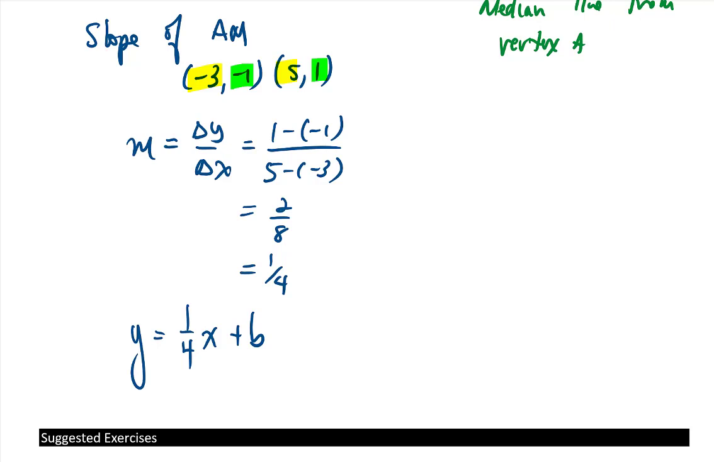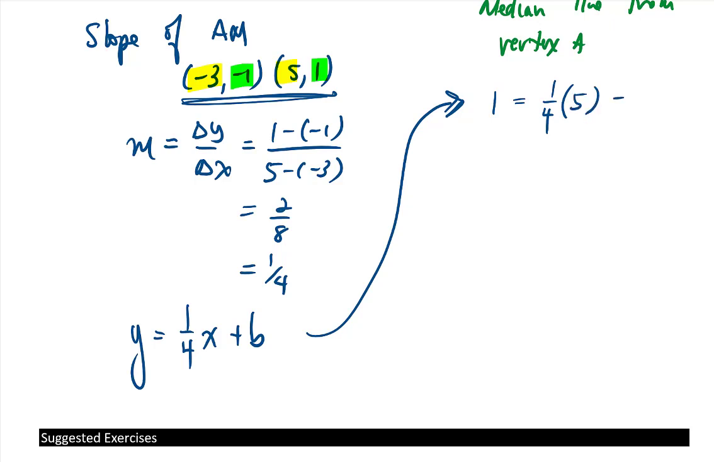Now we need to find the y-intercept, and in order to find the y-intercept, we need a point on that line. Lucky for us, we have 2 points. We have (-3, -1), and (5, 1). So we're going to use one of these points. I'm going to use (5, 1). So I put 1 in for y equals 1/4, 5 in for x, plus b. Remember that 5 is 5 over 1. So now I have 1 equals 5/4. 5 times 1 is 5, 4 times 1 is 4,